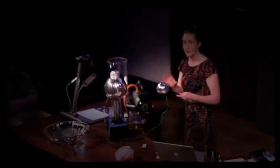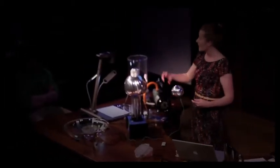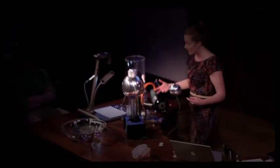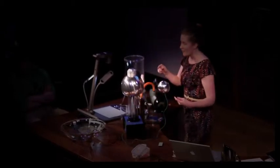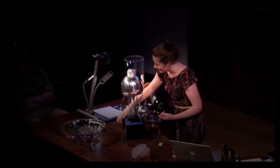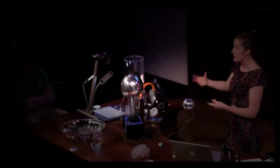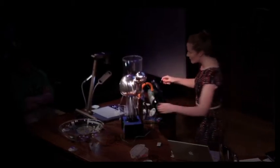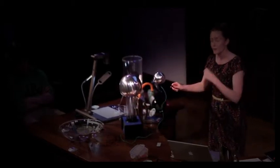Now, some of the first particle accelerators were actually genuinely using this mechanism of having a belt and some rollers and building up lots of voltage. They were called Van de Graaff accelerators. They still exist. I've worked on one, actually. So this isn't actually that far-fetched. But if you pretend that these are some particles which are charged, if they're the same charge, they get repelled, and there's a force there, they're pushed away, and they gain some energy, which in that case just pushes them up in the air. But in the case of an accelerator, we'll get our particles going faster and faster and faster towards the